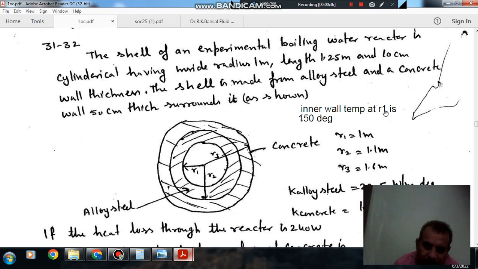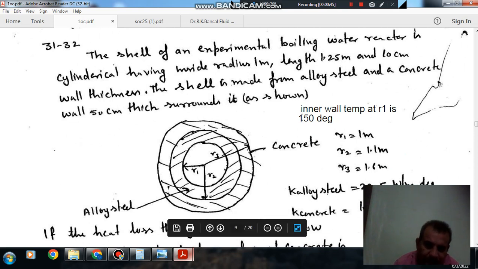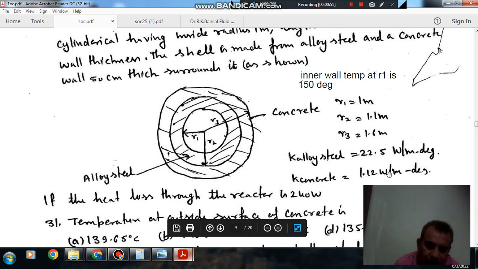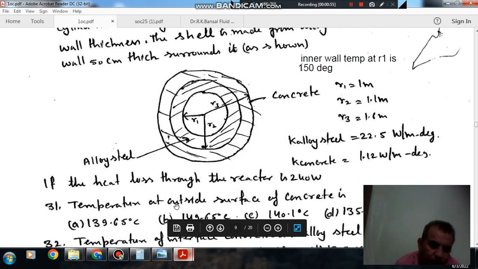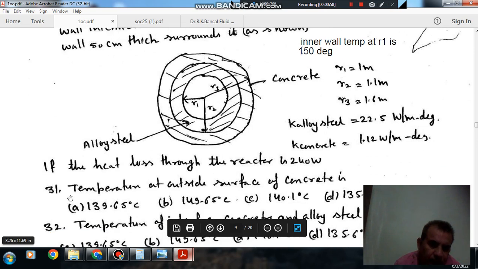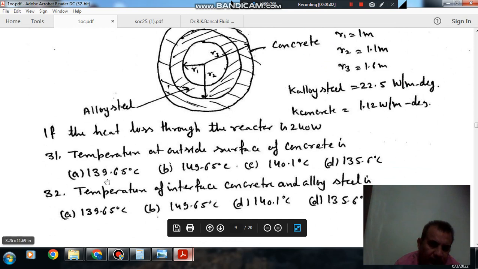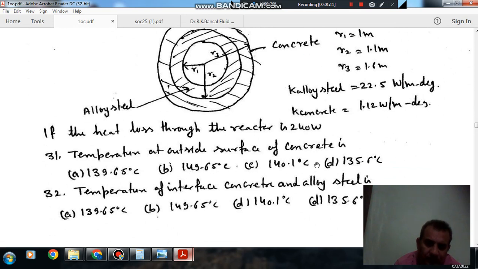The inner wall temperature at R1 is 150 degrees. R1 is 1 meter, R2 is 1.1 meter, R3 is 1.6 meter, K of alloy steel is 22.5 watt per meter per degree Kelvin, and K of concrete is 1.12 watt per meter per degree Kelvin. If the heat loss through the reactor is 240 watt, then question number 31: the temperature at the outside surface of concrete is option A 139.65 degrees Celsius, option B 149.65 degrees Celsius, option C 140.1 degrees Celsius, option D